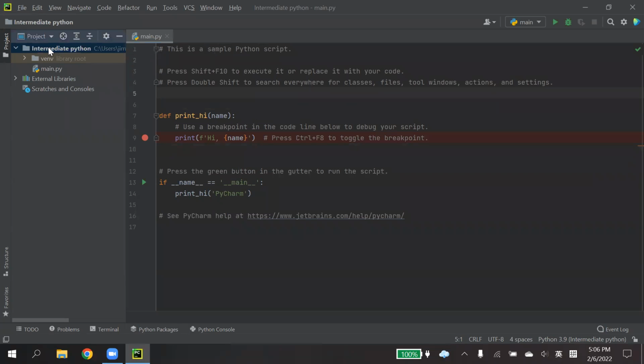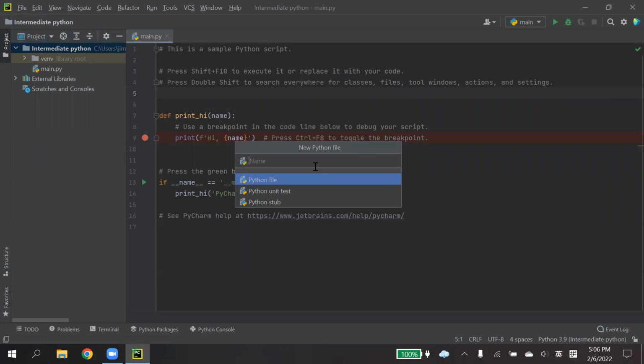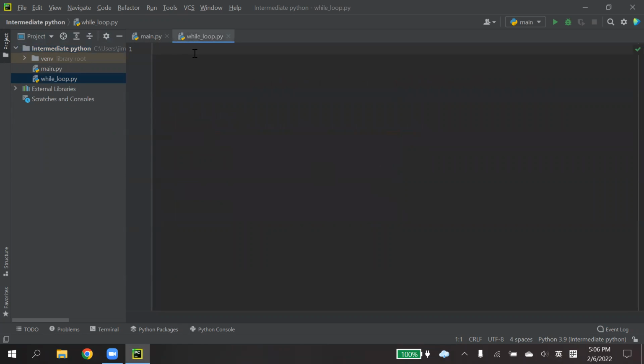So let's get right into our first Python file. I'll right click my Python project and create a new Python file. Similar to yesterday, firstly, I will start with the while loop, because this is very important knowledge. Yesterday you learned about if else, right? If else lets us do decision making, letting the computer know what to do and what not to do under some condition. And then the while loop helps us repeat something. This is also very important, so I will simply go through it.